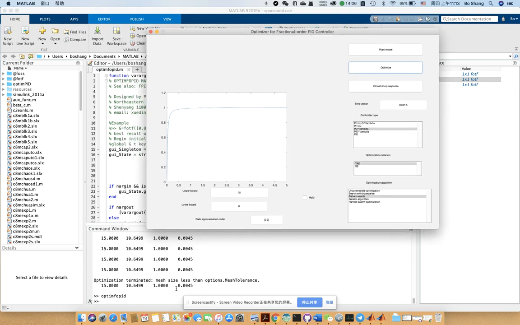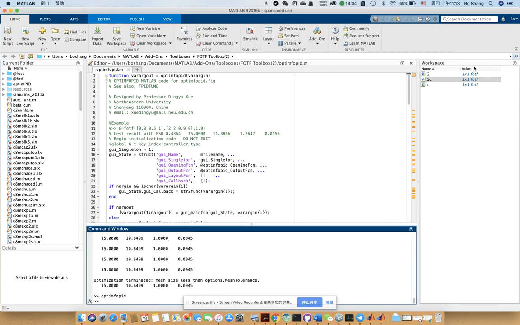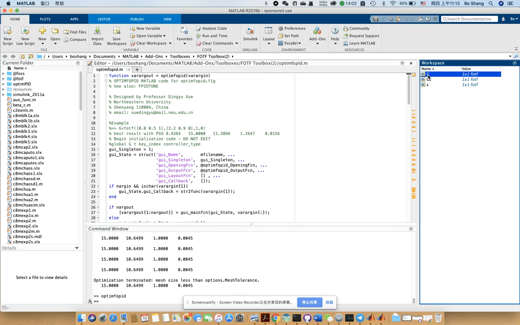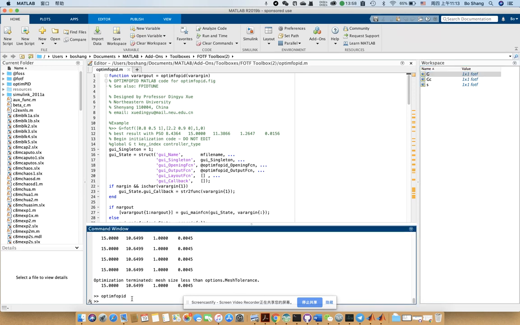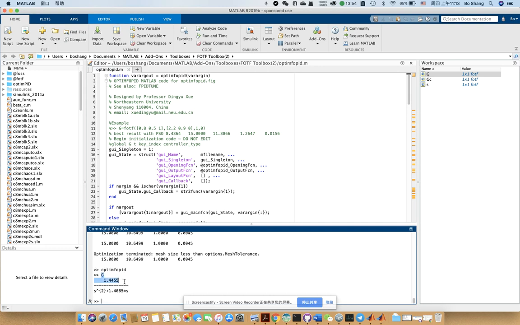Before using that, we need to make sure we have inputted a G, that is the plant. Now you see that the plant I have inputted is like this. It should use the FOTF type. After that, go back to the